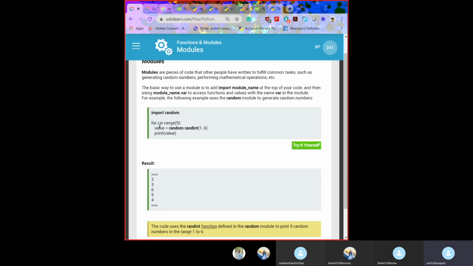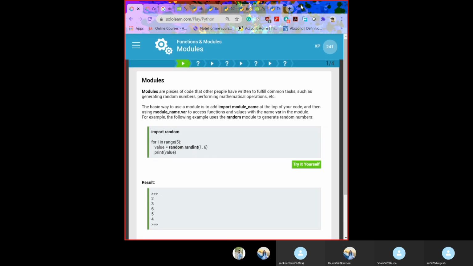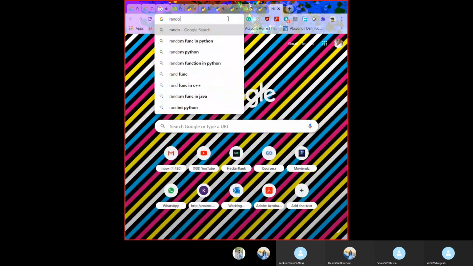Each element will iterate through the for loop and randomly print according to what was given in the instruction, like 1 to 6. It will be printed from 1 to 6.